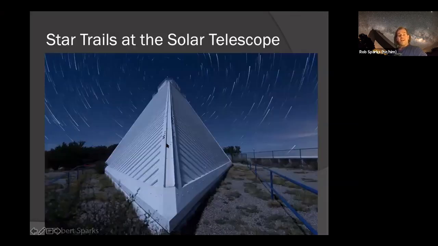And I like this shot a lot. This is the McMath-Pierce Solar Telescope on Kitt Peak. It looks sort of like a sideways 7. And of course, it's a polar aligned telescope. The entire building is polar aligned. So if you go down to the bottom of it and point at the top of the telescope, you see that the top of the telescope points straight at Polaris here. So you've got Polaris literally at the top of this telescope, and everything rotates around the telescope. Again, there was a fairly bright moon this night. I think it was a waxing gibbous moon. So you get that nice illuminated telescope there.